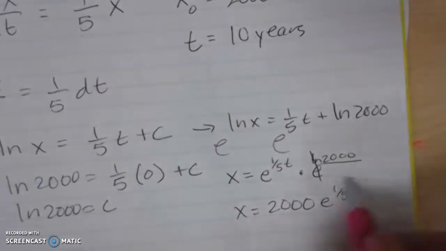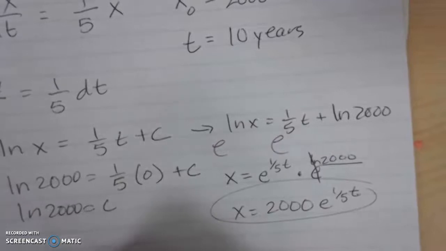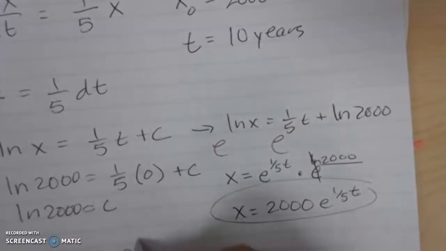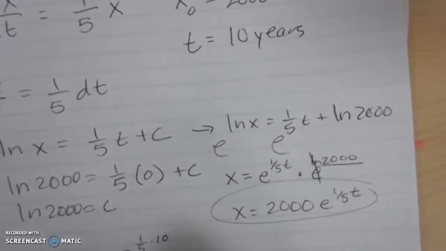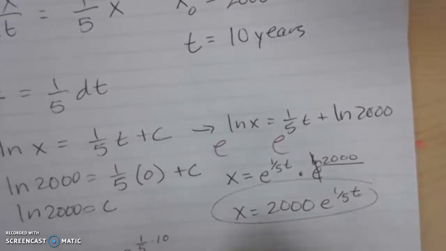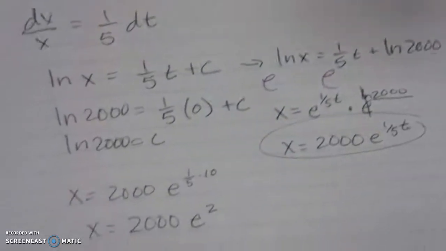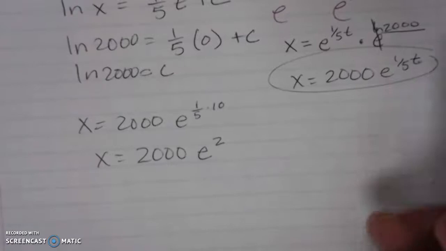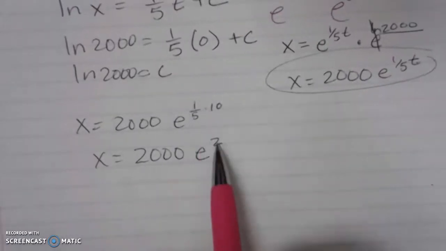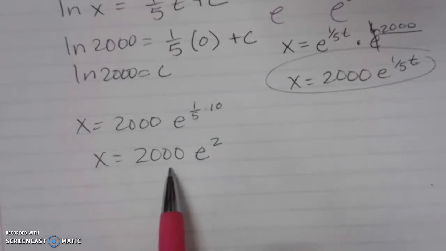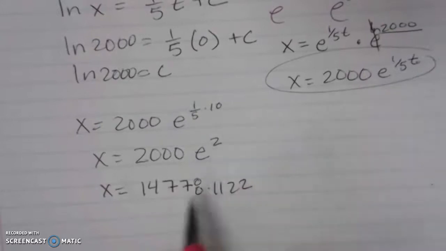So now that I have my equation, I can just plug in 10, and I go x equals 2,000 e to the 1/5 times 10, or that's going to be x equals 2,000 e to the 2. All I did was plug in 10 for t. 10 times 1/5 is 2. Then I need a calculator to figure out what that is. So when I typed this into the calculator, I got